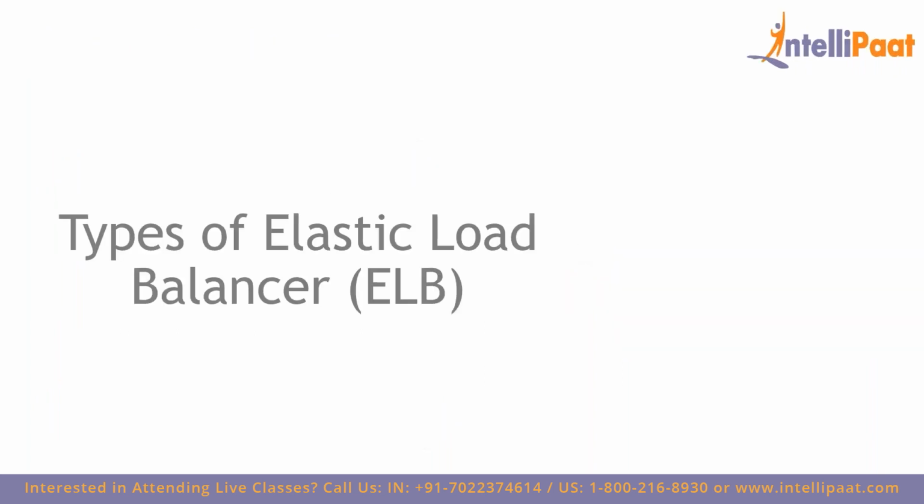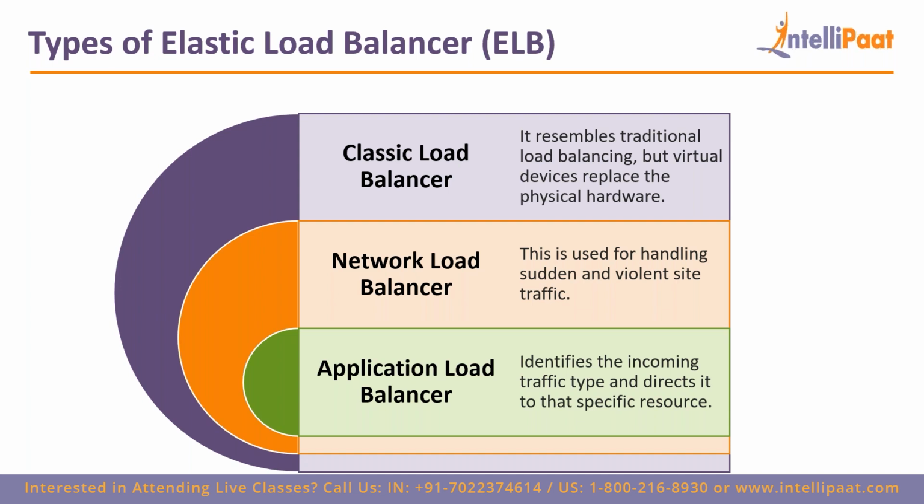So now we'll look into the types. There are mainly 3 types of load balancers in AWS, not all the cloud providers. In AWS, there are 3 types. One is the classic, and the classic is going to be deprecated very soon. So I won't suggest using classic, but I'll still show a simple demo on how classic load balancers work. This resembles the traditional load balancing. This is how it was usually done, but this is not the best way to do load balancing.